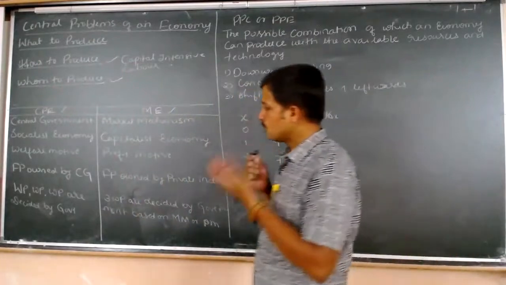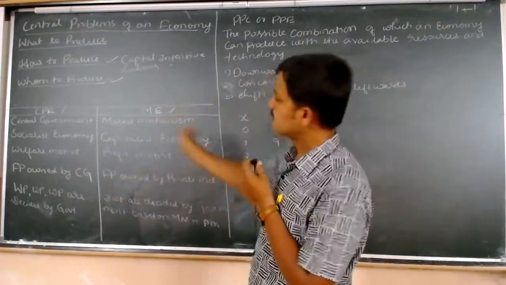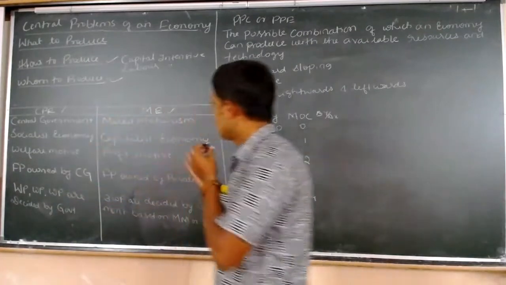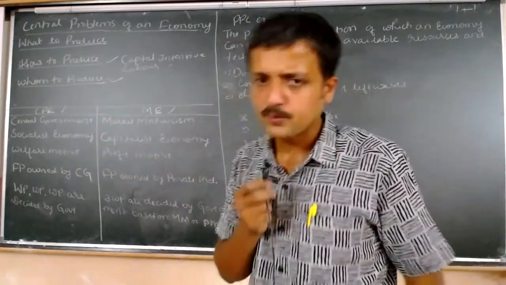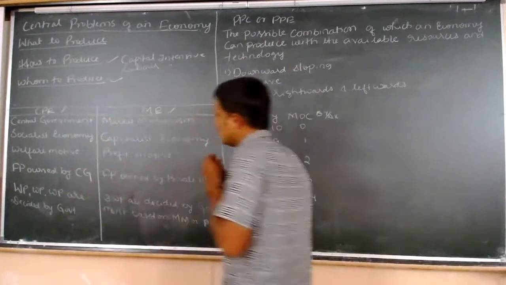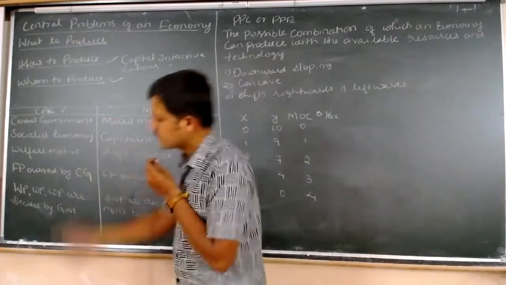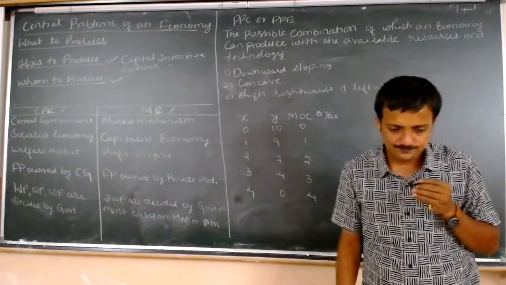Now in order to make you understand, I have made one more question out of it, that is the difference between centrally planned economy and market economy. I know that the questions will be asked from the question bank, so this question is out of the question bank, but still it will help you to understand the two concepts: centrally planned economy and market economy.